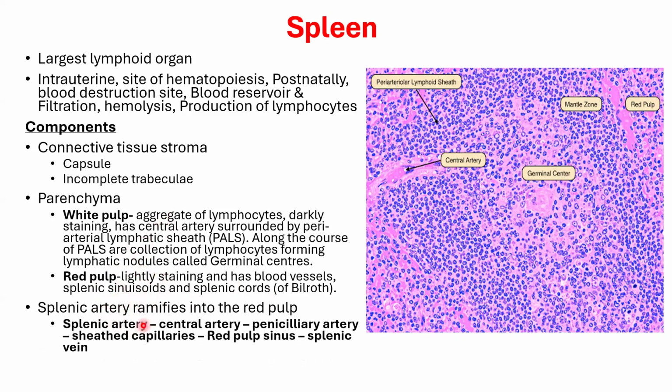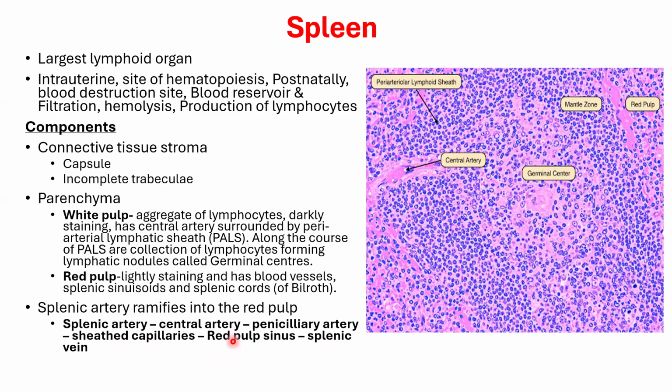So from the splenic artery, you'll have divided into various branches, splenic arteries, to give you central arteries. Central arteries are now inside the parenchyma. This central artery will also divide to give you penicillary arteries. The penicillary arteries will divide into sheathed capillaries. These capillaries will become sinusoidal